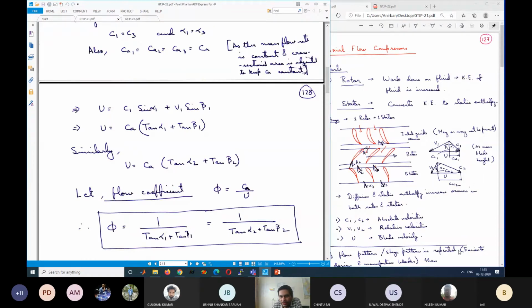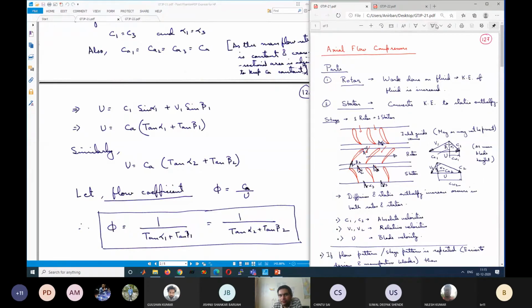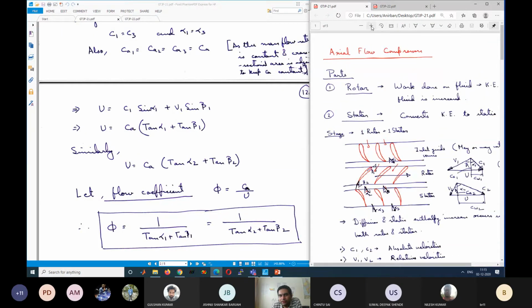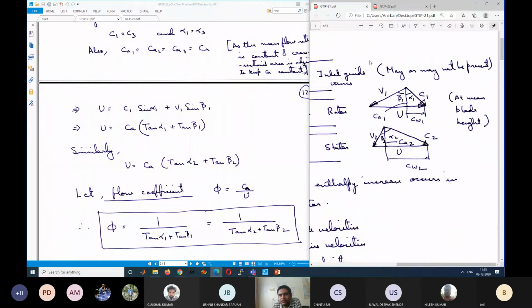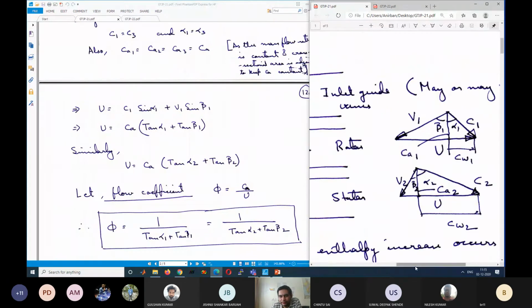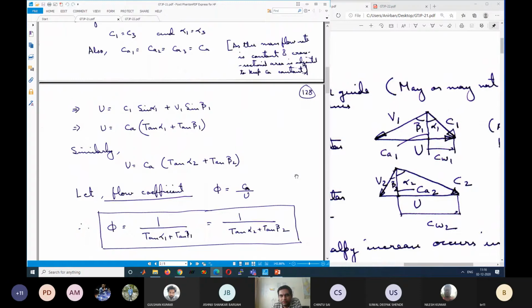And from the velocity triangle, let me just keep this open. So velocity triangle we have to refer to again and again. All discussion is with respect to velocity triangles. Okay, this is the inlet triangle, this is the outlet triangle. Beta 1 and beta 2 are called blade angles, alpha 1 and alpha 2 are called flow angles. Beta 1, beta 2, which are the rotor blade angles, are called blade angles. Alpha 1, alpha 2, which are the stator blade angles: stator inlet angle is alpha 2, stator outlet angle is alpha 1.